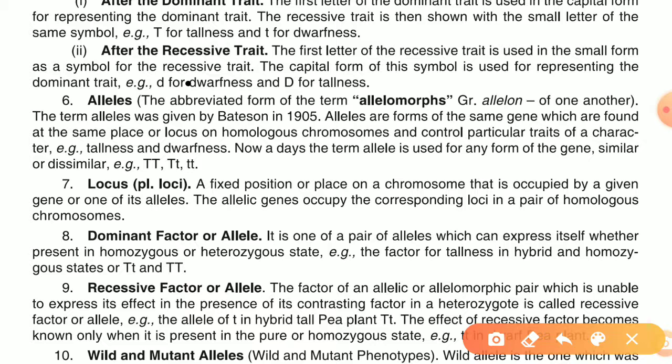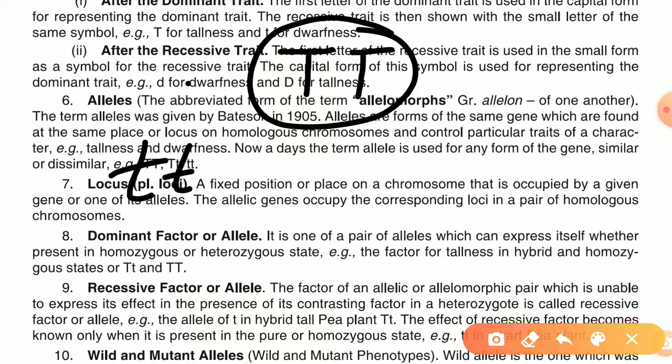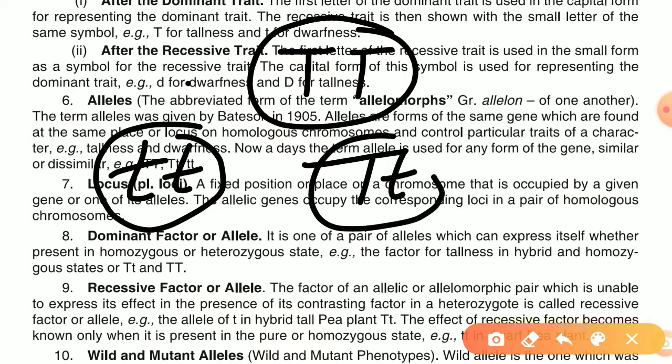जैसे कि हाइट है, तो हाइट के लिए we can have capital T and capital T. This may be the condition in every cell of a body. It can be small t or small t, or it can be capital T and small t. ठीक है? अगर ये कंडीशन है तो कैपिटल T इज अ डोमिनेंट जीन. एक्चुअली यहाँ पे मैंने दोनों को ही स्मॉल लेटर से रिप्रेजेंट किया है. यहाँ मैंने एक को डोमिनेंट से और एक को स्मॉल लेटर से रिप्रेजेंट किया है.